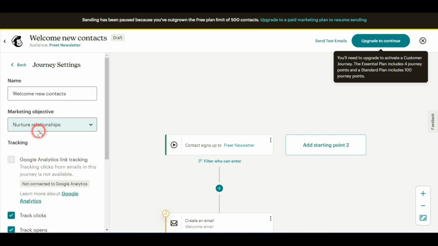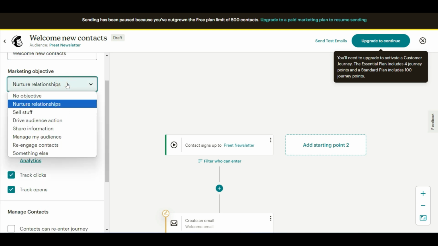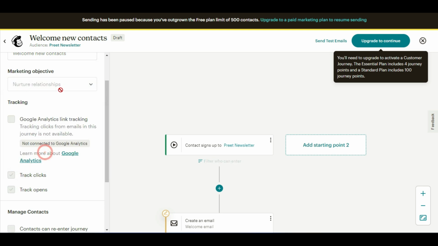In the edit setting, welcome new content, the name, you can set the marketing objective. If no objective, like sell stuff, drive audience action, share information, you can select anything else. Even you can connect your Google Analytics to track this particular section,